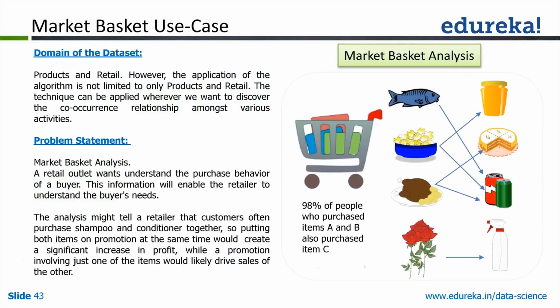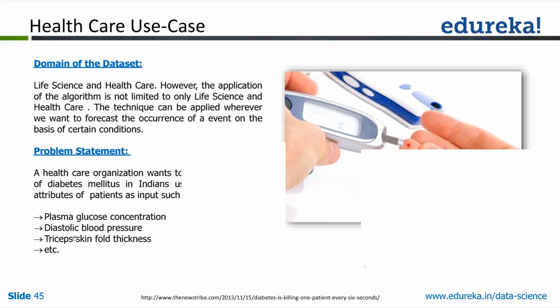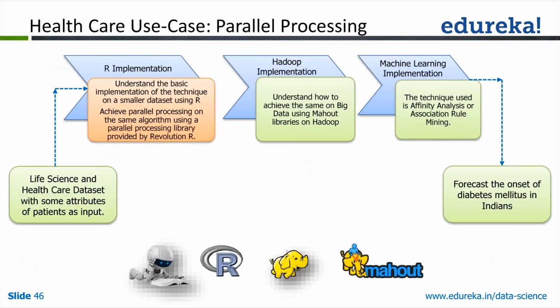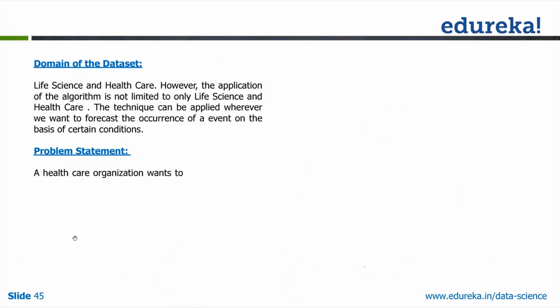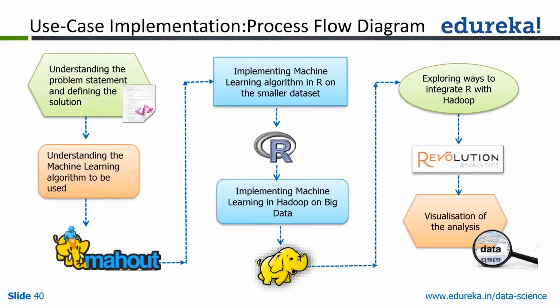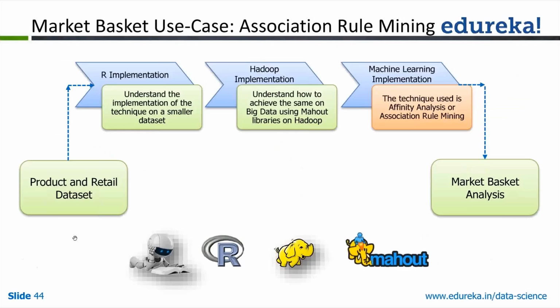Okay, and similarly, the market basket use case. If you are a grocery store or a retail company, how do you analyze your data in order to make better campaigning strategies, better product placements, better pricing strategy, and stuff like that? And we talked a lot about healthcare. You can go through these process flows. It's pretty similar to what we just discussed at a high level, but focused on the specific problem at hand.